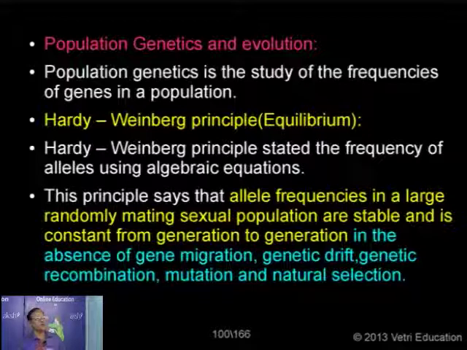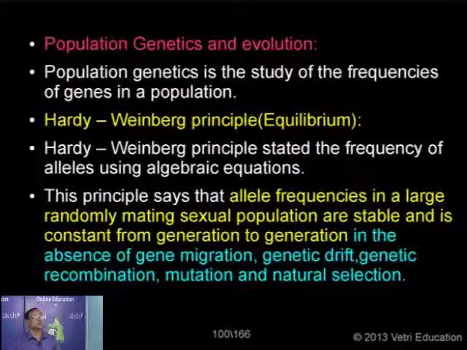Whatever generation we take, in a number of generations, there is no change in allelic frequencies. The allelic frequencies are stable if you are taking many genes, and they remain constant from